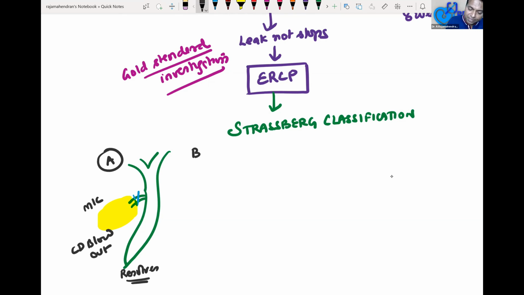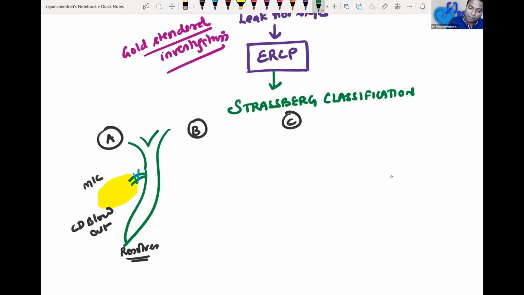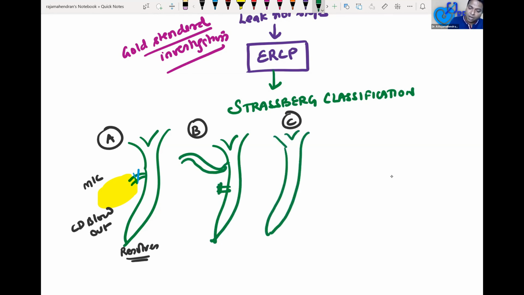So type B and C are injuries of the aberrant duct. I showed you the images of anomalies. In this anomaly, you see, this is an anomalous duct. This cystic duct is normal. See the picture of B and C has an anomalous duct. This is known as the aberrant right posterior sectoral duct. I told you, the posterior sectoral duct can get injured. That complication is this. Aberrant right posterior sectoral duct being clipped is known as B.